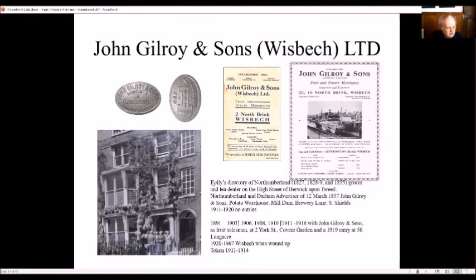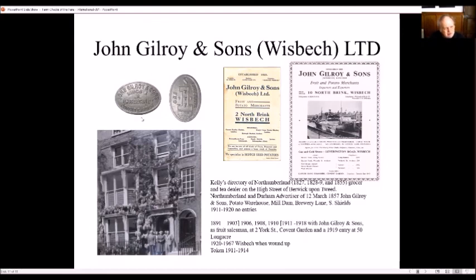So he was worth looking into because he seems to have multiple addresses. So I managed to trace the family back to Northumberland, where it was again started off as a grocer and tea dealer, and slowly became a potato warehouseman, a fruit and large-scale vegetable wholesaler. So these were working on the docks and auctioning and buying and selling fruit and vegetables. They started off in the north of England, and then slowly, in about the beginning of the 20th century, moved to the south, got an address in Wisbech and started to work from there. And then they had contacts in the markets in London.